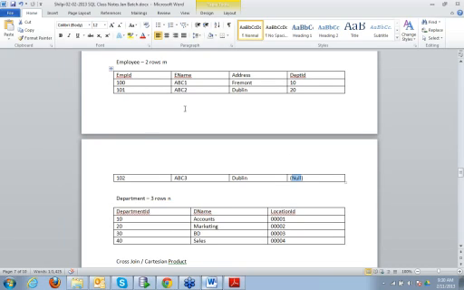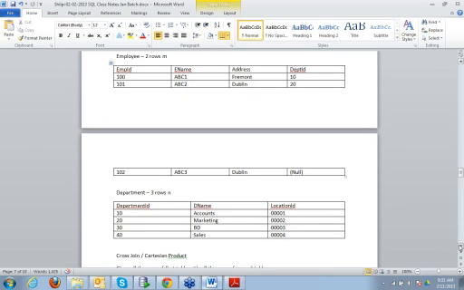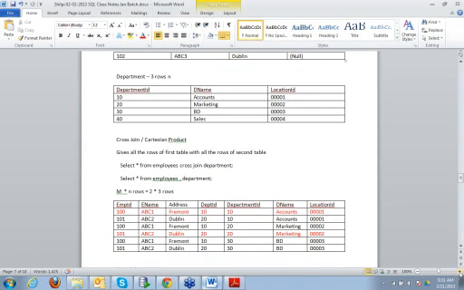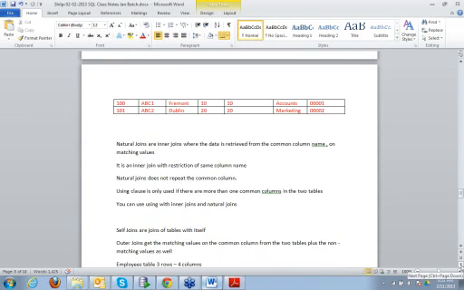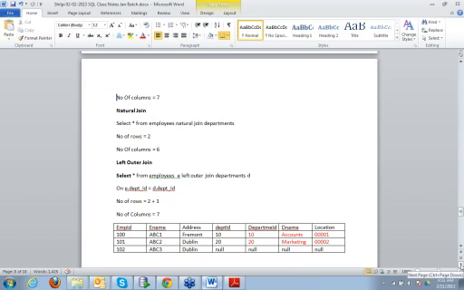So there is one non-matching row in the left table. When I write the left outer join, it gives me 2 matching rows plus the one which is non-matching. So I have 3 in the left outer join, right?